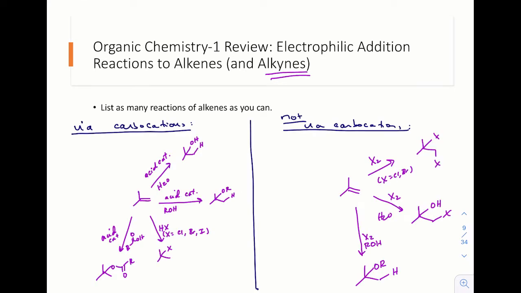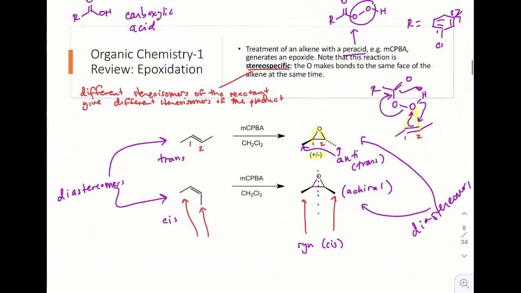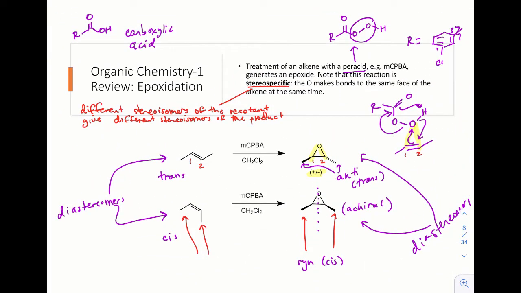Well, I've listed a few here, and then frankly, I got tired of writing them down, but I did want to point out there are two big groups: reactions of alkenes via carbocation intermediates and those that are not via carbocation intermediates. So when you're doing your review of electrophilic addition reactions to alkenes and alkynes, please remember that organizing principle. Now, although in the laboratory with MCPBA, which is a nice achiral reagent, both enantiomers of chiral epoxides are formed,